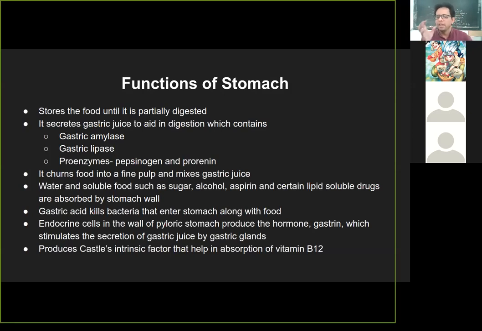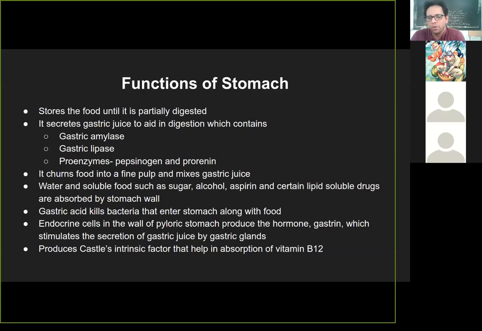That is the reason why it is easier for the stomach to create this fine pulp after mixing it with gastric secretions. This particular movement of the stomach, which is called churning, is a kind of contraction and relaxation of the different regions of the stomach, so that the food keeps on moving. It's like a mixer, but a mixer has blades and moves in a circular fashion. Here it is just the contraction and relaxation of muscles, which allows the food to get mixed properly and makes a pulp of it.